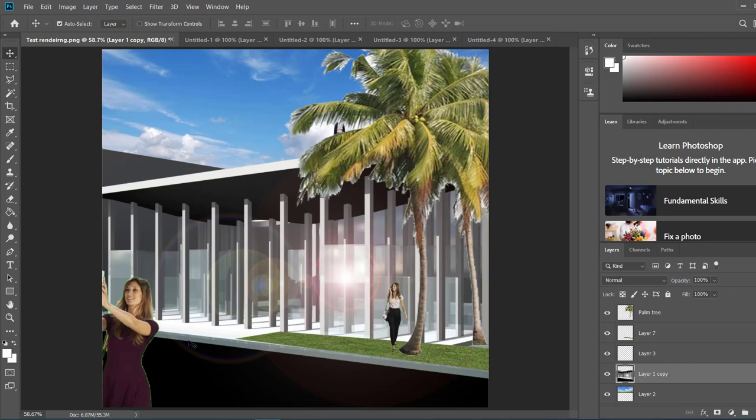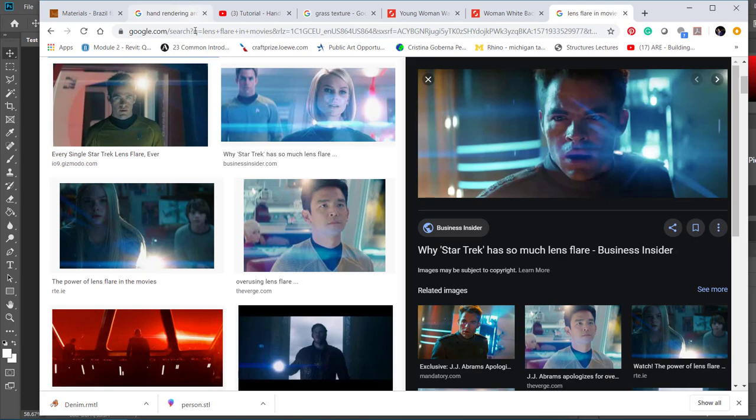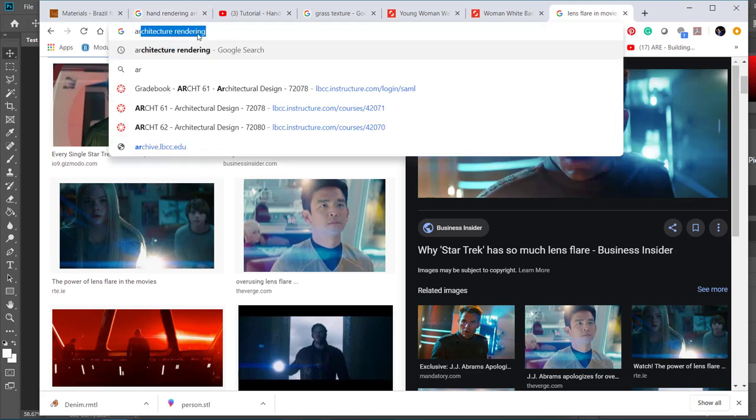So this is the basics to photoshopping and adding stuff into your rendering. I do encourage you to go look at sort of